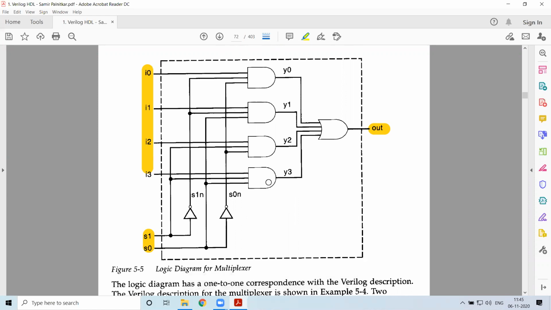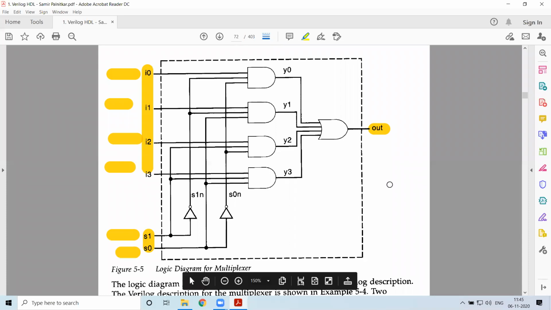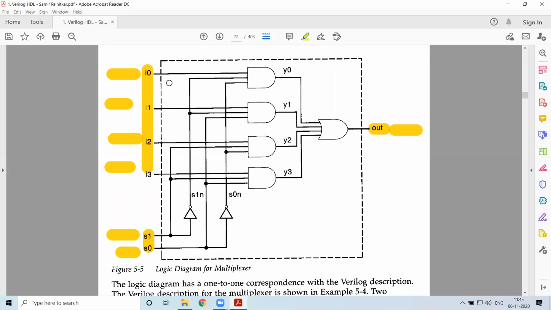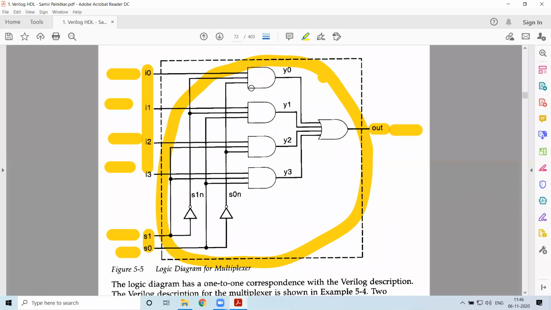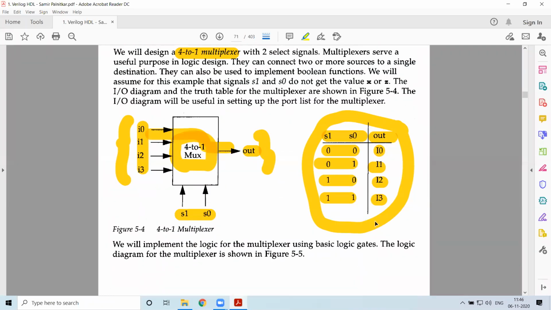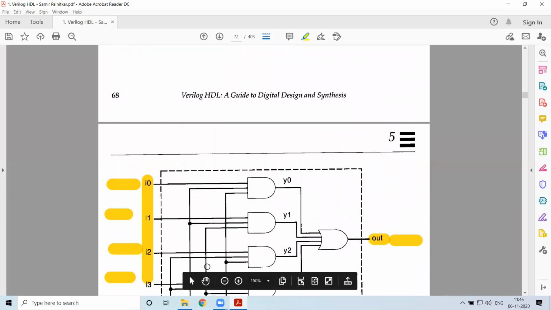Now, when you are implementing this, you give these via switches in your digital circuits, on your trainer kits. And this you observe, say, on the LED, by connecting a wire from the output of this IC to the LED and trying to see what is happening. But in order to establish this entire thing, you should make the circuit connection as per the expression you have got after simplifying the truth table. So from the truth table, you have obtained the expression and that is what you are implementing here.